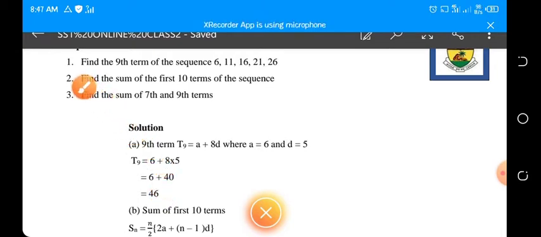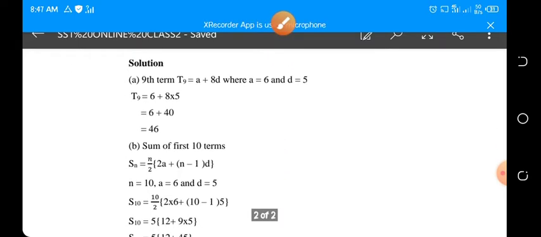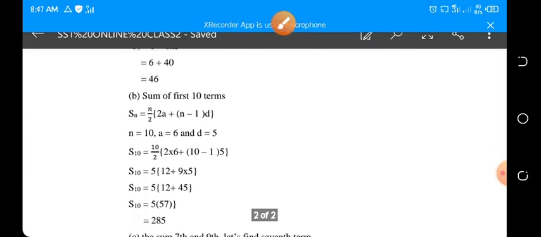The second question says, find the sum of the first 10 terms of the sequence. First 10 terms of the sequence. Our formula that we just derived is n over 2 into bracket 2a plus n minus 1, close the bracket d. The 10 terms means our n equals 10, our a equals 6, and our d equals 5. If you put it together into this formula,